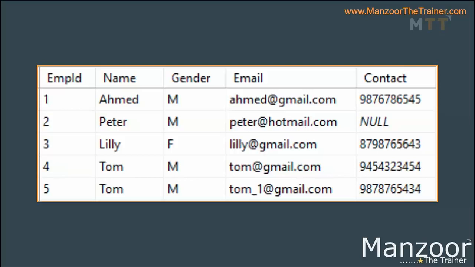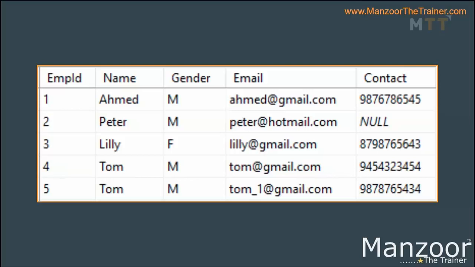Meaningful data. Very good. Anybody over here who says that there is some kind of ambiguity in this? Do we have any ambiguity in this? No, right? You can have two employees with the same name, Tom. There is no problem. But their email addresses are different, you see. And there are chances that some employees may not have a contact number. Fine. So this data is meaningful.